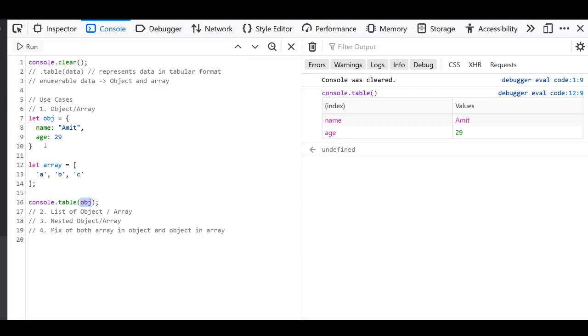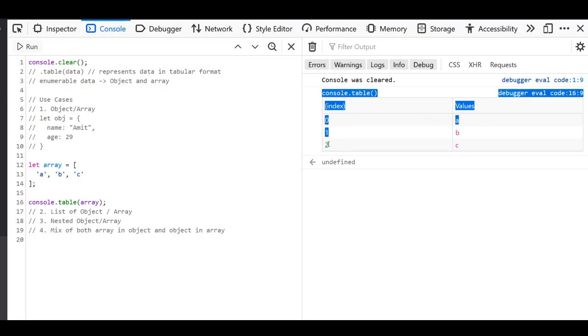And let me just see. Meanwhile I should comment it. Okay, so now you can see indexing is here. In the array case, it will print out those values in an index and value, right? So indexing is 0, 1, 2 and the A and B and C, right? This is how it works for object and array.